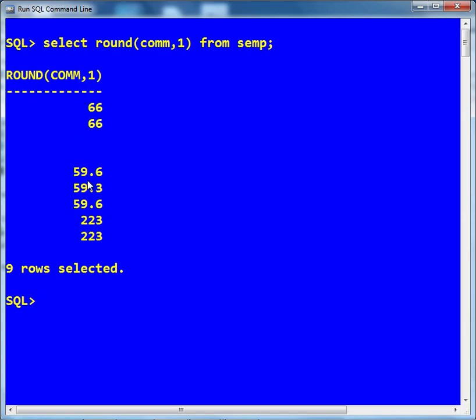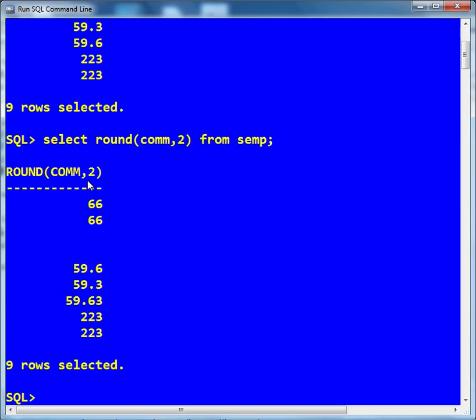If I want to round to two digits after decimal, it will round off to two digits after decimal. So in this way we can use the round function.